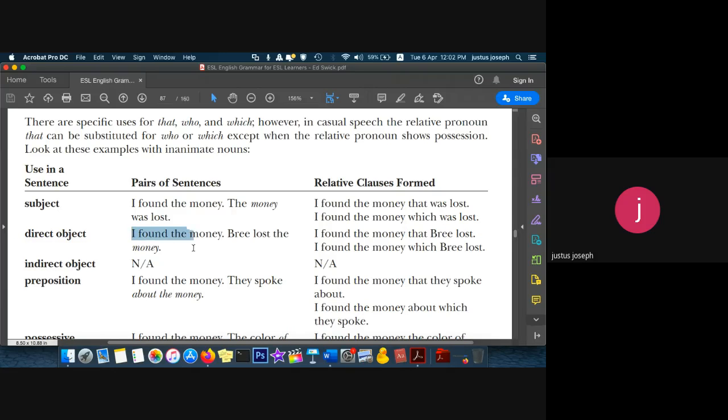So, similar sentences we have, a few more. I found the money, Bree lost the money. I found the money that Bree lost. Bree is a name of a person. You can also write it as I found the money which Bree lost. Next, I found the money, they spoke about the money. I found the money that they spoke about. Now, when you write like this, this sentence, the one that I've highlighted right now,